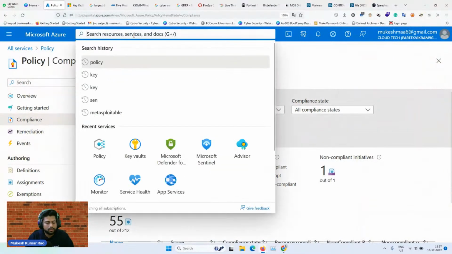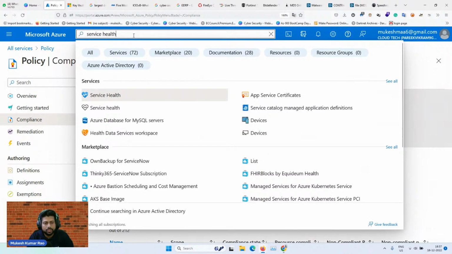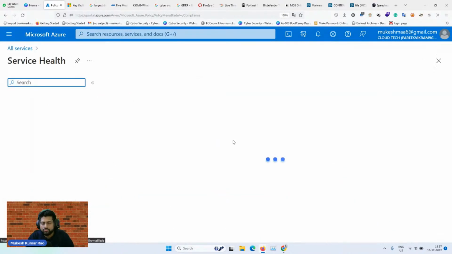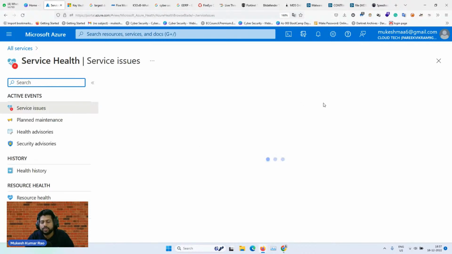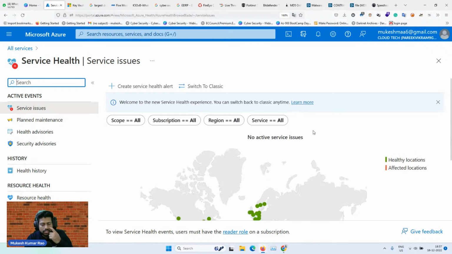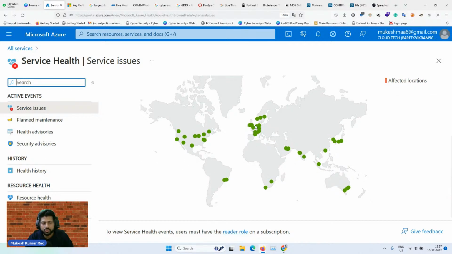So here you can just search for service health. It will give the full platform dashboard health overview, like the operating system, the virtual machine, whether the process is running or not. So right now you can see this is the full data center service health it is giving you. Any downtime is not available, everything is running properly in each data center of Azure. That is the whole infrastructure it is showing you.